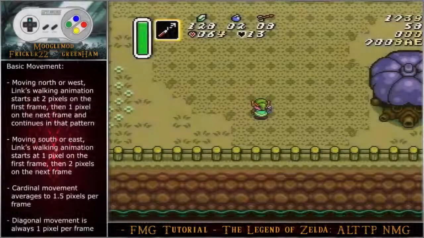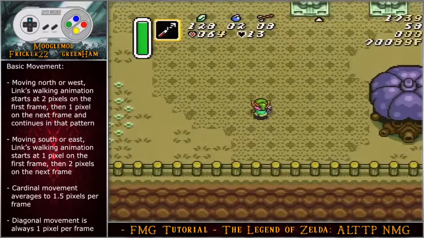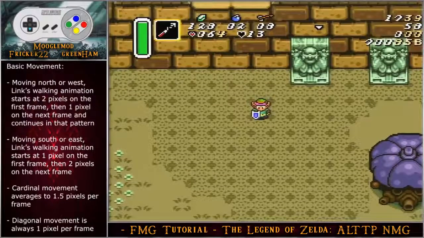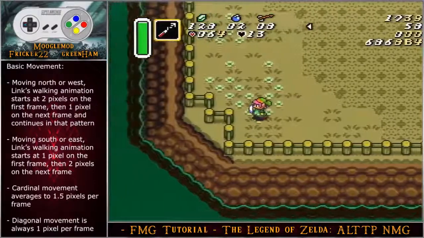Basic movement. Moving north or west, Link's walking animation starts at 2 pixels on the first frame, then 1 pixel on the next frame, and continues in that pattern. If you are moving south or east, Link's walking animation starts at 1 pixel on the first frame, then 2 pixels on the next. And cardinal movement averages to be about 1.5 pixels per frame, and diagonal movement is always